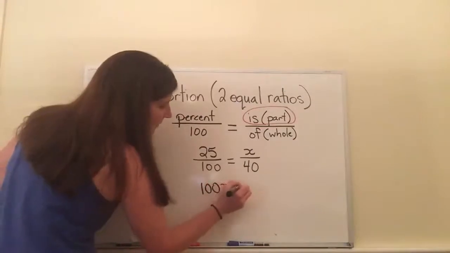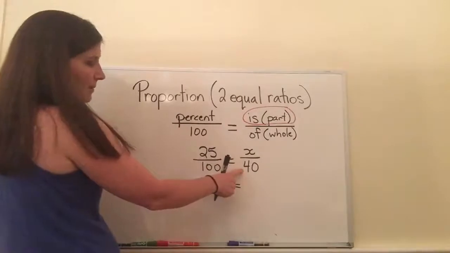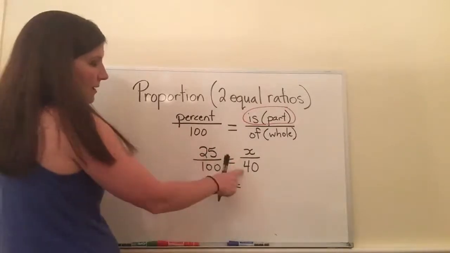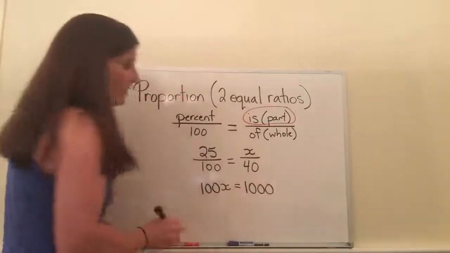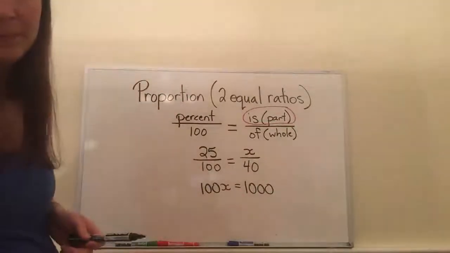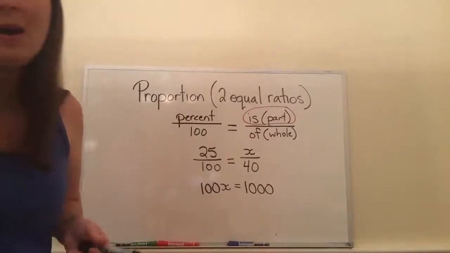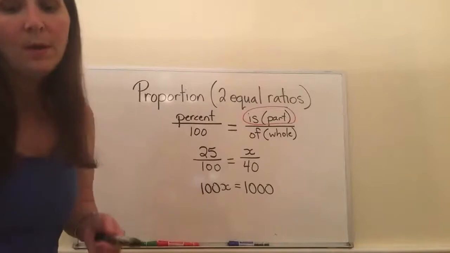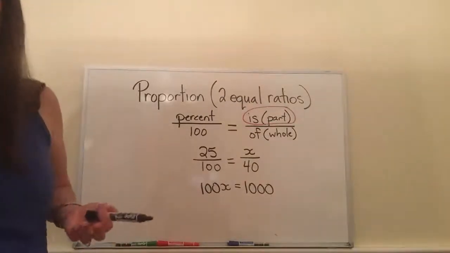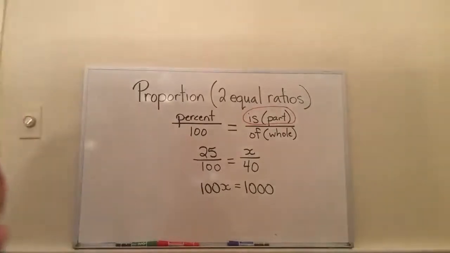100x. 25 times 40. 25 times 40 is 1,000. So now that I've cross multiplied, now I have a basic equation. So 100x equals 1,000. If I'm going to solve for the missing part, I need to have